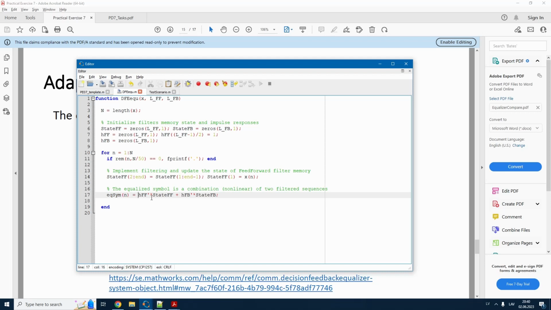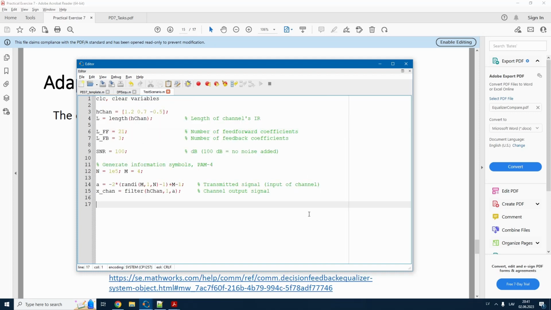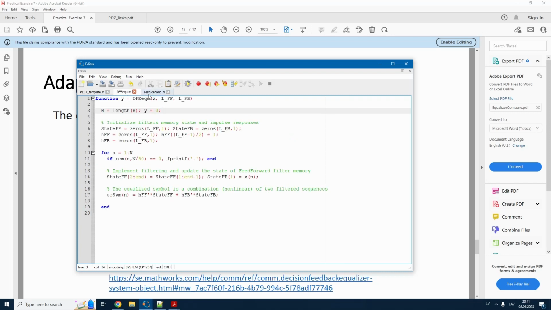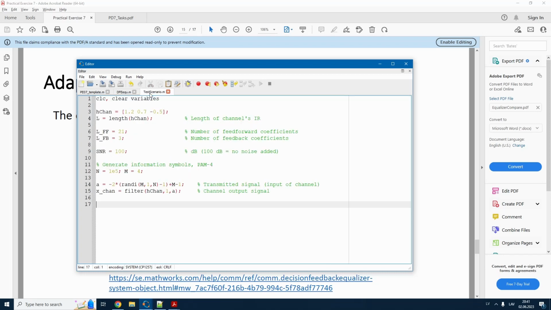Now, if we leave it as it is, MATLAB will start to run slower and slower with each iteration. Well, actually, I might even demonstrate this to you. So let's say this is going to be some y equal to this, and let's say y is initially 0. It doesn't matter, we just want to assign something. So now I'm going to run this scenario by calling this function. As x, I specify xchan. I run this now,